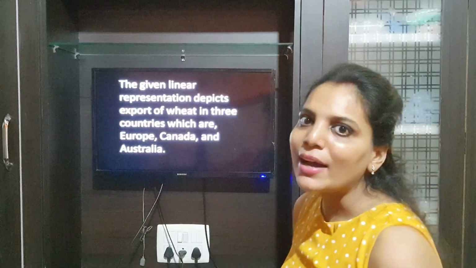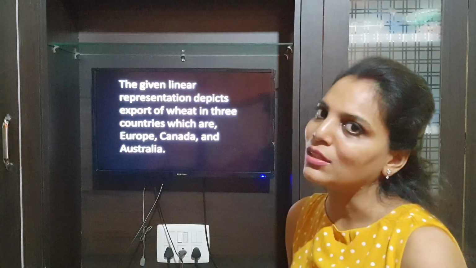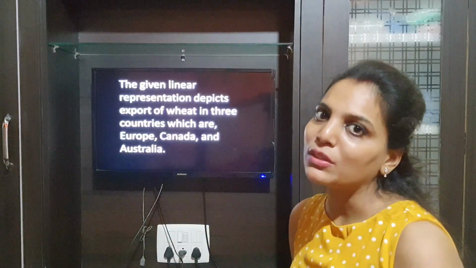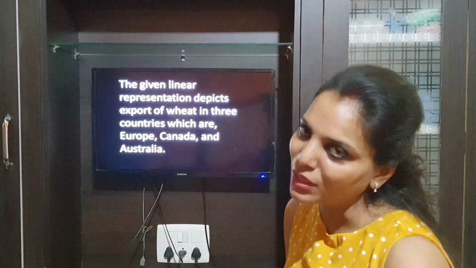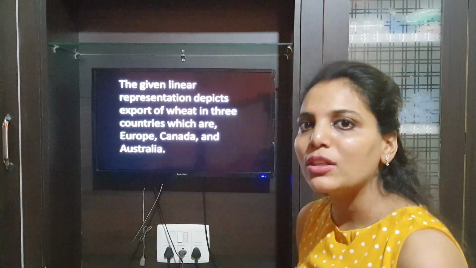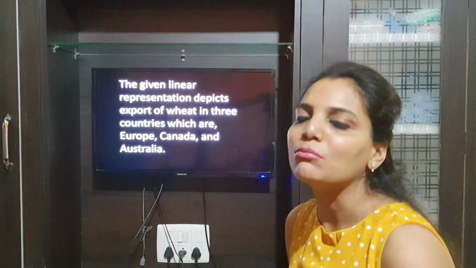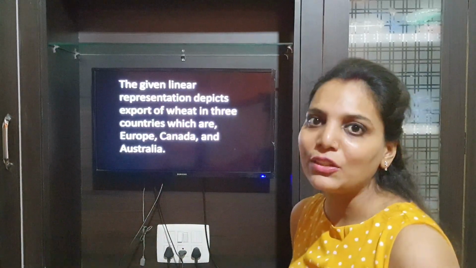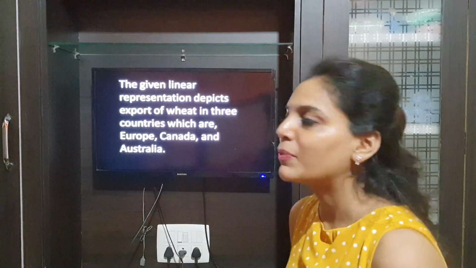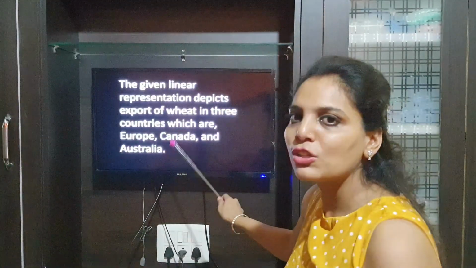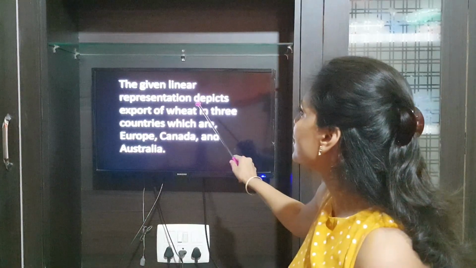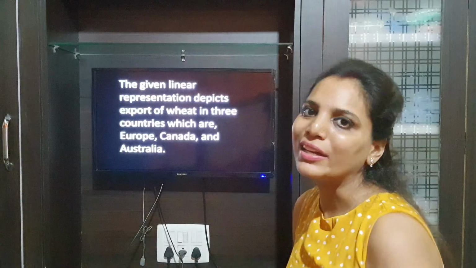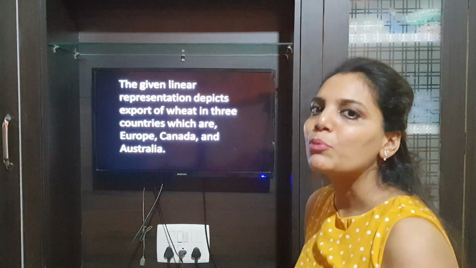Also remember that your introduction is always written in present tense. For the rest of the graph, we follow the tense as per the years given. In this graph, all the past years are given, so we are going to write it in past tense. Otherwise, we go by the year which is given and then write accordingly, right? But for your introduction, you're always going to write it in present tense. Like I have written depicts, I have written are, which shows that I am writing the introduction in present tense.